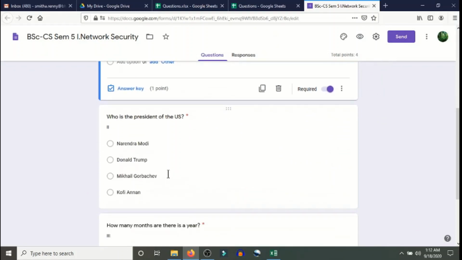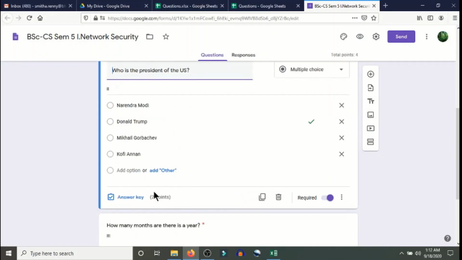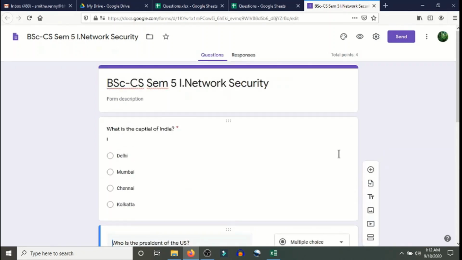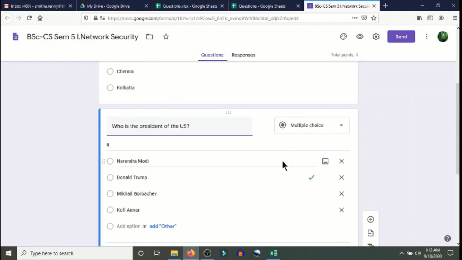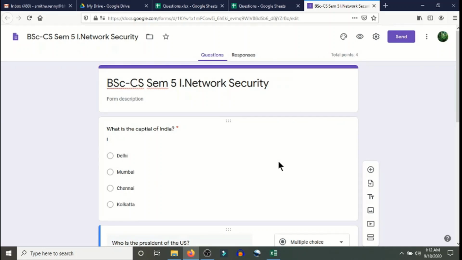You can click on the next question and see this question was a 2-mark question. So it is showing it as a 2 marks question. So like this, for the 3 questions, a total of 4 points have been created already. So our form is complete here. The only thing is, before the form goes to the student, we are supposed to add a couple of things here. So there are a few things that we're going to add.